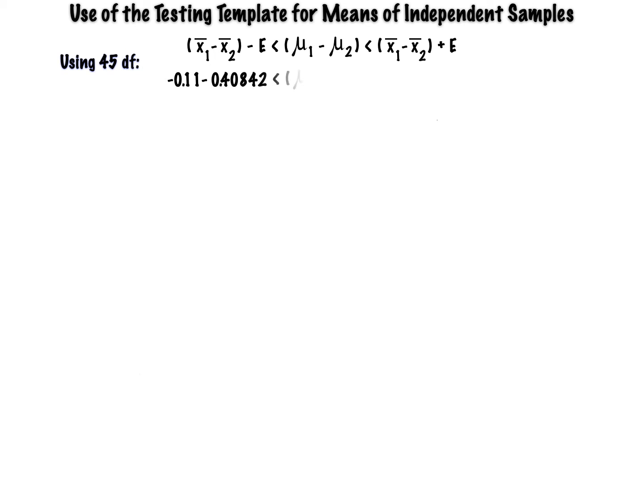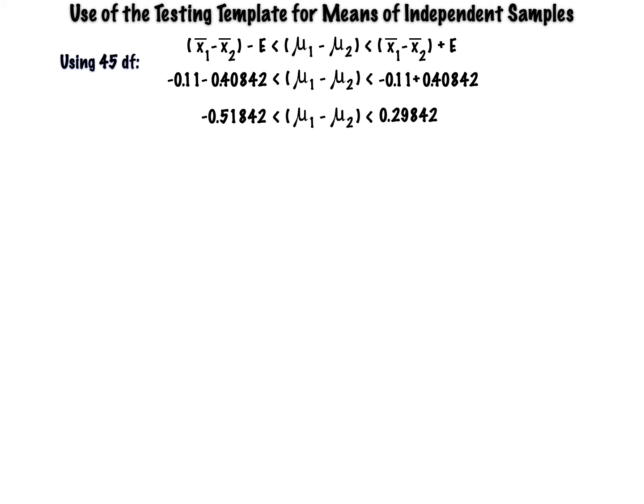Since we have the margin of error, why don't we solve for the 90% confidence interval? The equation for a confidence interval on the difference of two means is the difference in sample means plus and minus the margin of error. Therefore, knowing that the difference in sample means is negative 0.11 and that the margin of error is 0.40842 for 45 degrees of freedom, we find that for our two samples, the 90% confidence interval is from negative